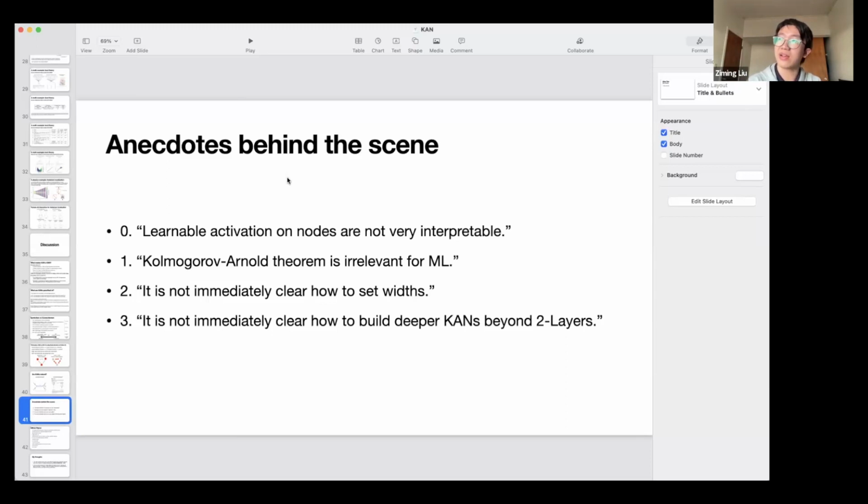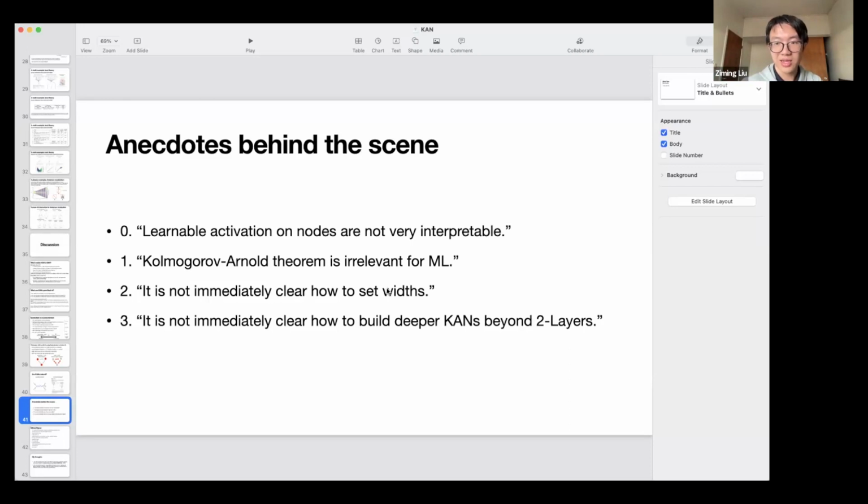So basically, as you can see, most of my time I actually spend on figuring out these trivial things. I think machine learners think these are trivial, like how to choose width, how to make it deeper. But it did take us around 2 months to conceptually get everything through, and also get a minimal working